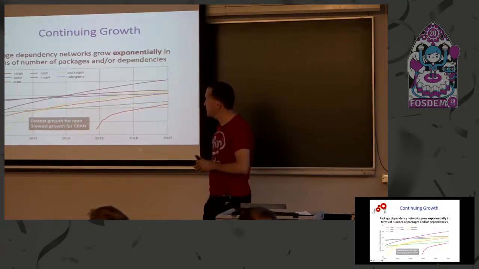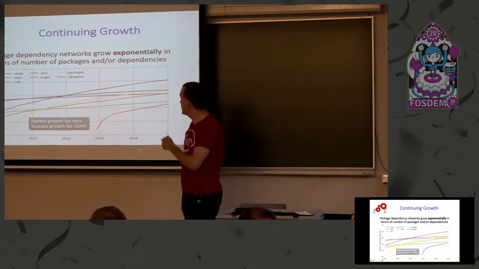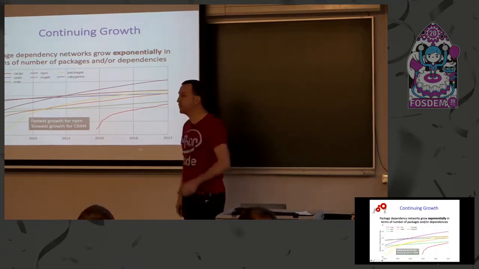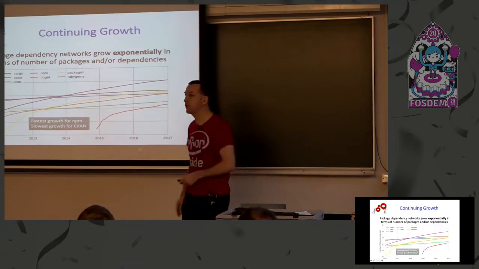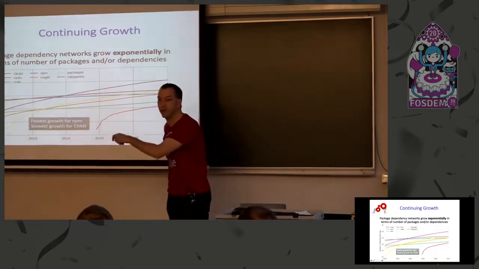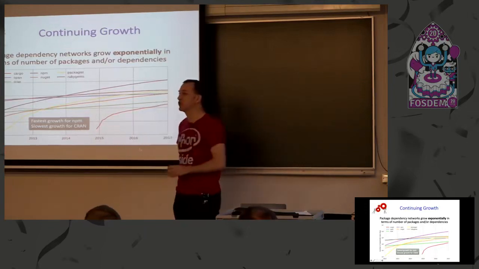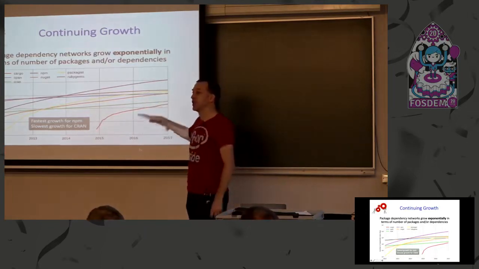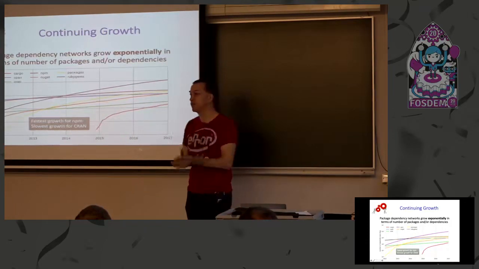So the first thing we looked at was the evolution over time: how fast are these different ecosystems growing? We looked at the growth in terms of number of packages and number of dependencies. You can see the growth here. It looks like okay growth, except that this is a logarithmic scale. So in most of the cases, we found exponential growth in terms of number of packages